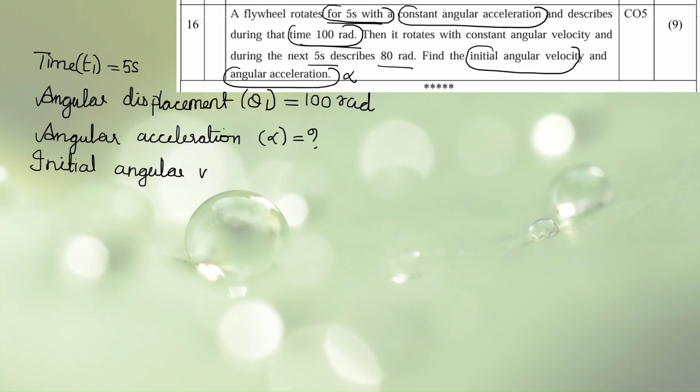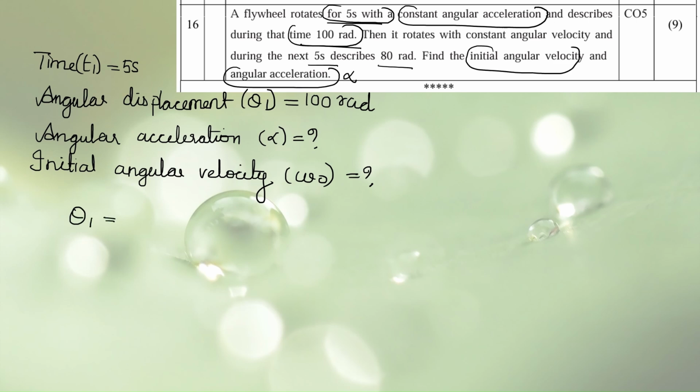Initial angular velocity I am representing with the letter omega 0. That is also unknown. So we need what? We need equations of kinematics in rotation to solve this problem. So according to equations of kinematics in rotation,